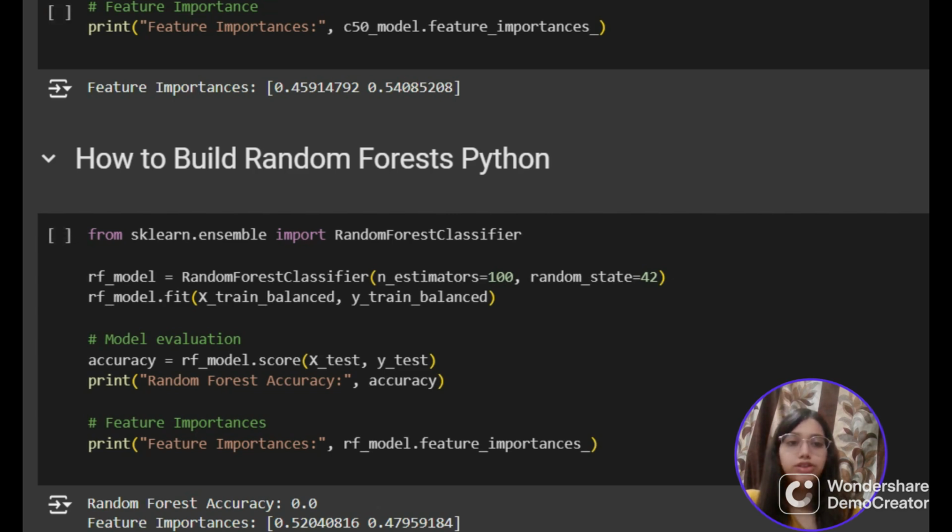And that's a wrap for today's video. We have covered essential steps in the data preparation phase, partitioning and balancing your data and building powerful models like CART, C5.0 and random forest. I hope you found this video helpful and feel ready to dive into your own data science project.